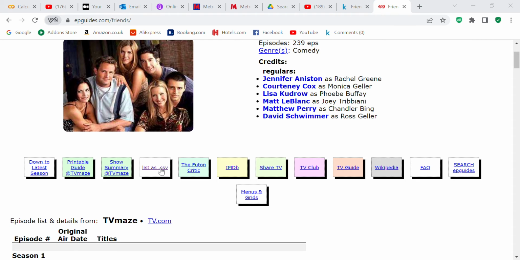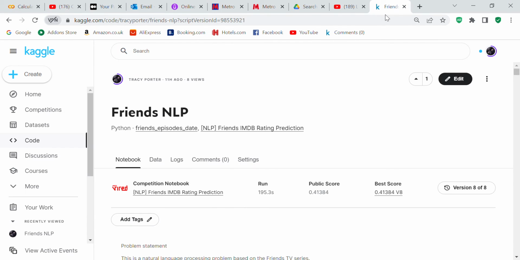When you listed it as a CSV file, I had to save it into a Google Word document, and then I was able to upload it into the Kaggle notebook. So I just wanted to show you that I had to actually upload another CSV file to get the information that I needed.